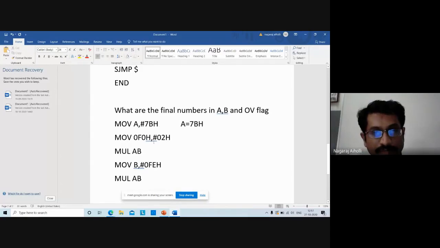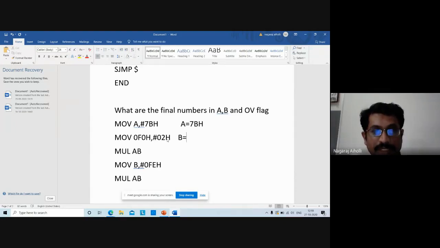Now move 0F0H. This is zero, not the letter O. Okay, it is numeric. 0F0H comma hash 02H. You have to remember that: it is the memory location of the B register, a special function register. You have to remember the memory locations of all the special function registers.